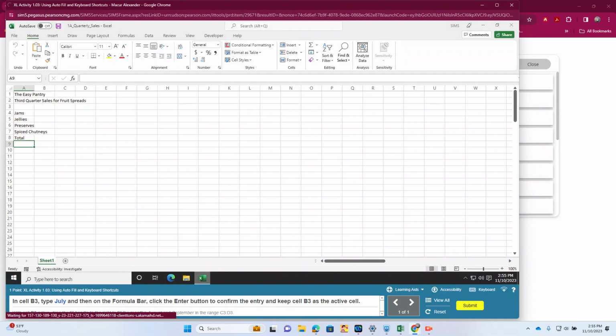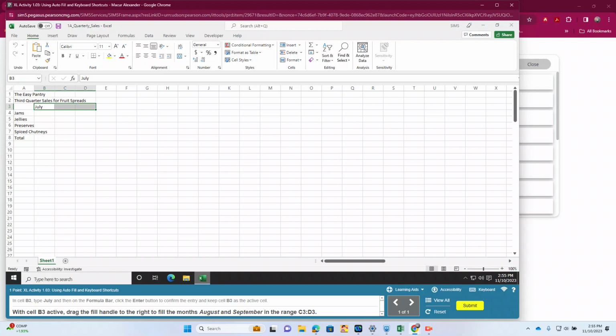That was interesting. So we're going to use autofill and some shortcuts. So in B3, we're going to type July. And then the formula bar right up here where we see July, it wants us to hit the check to enter. It keeps that as an active cell. Now we're going to use the fill handle like we did in class today, the rectangle that's filled in, and use autofill to get us August and September. Okay,